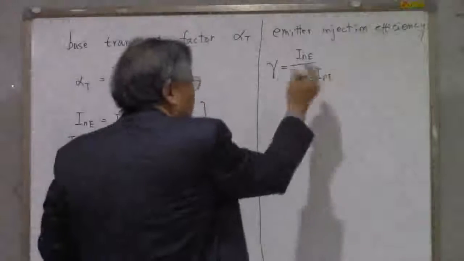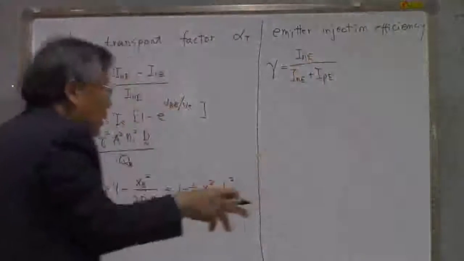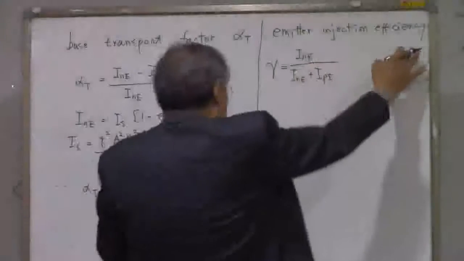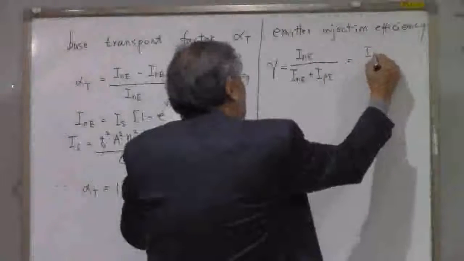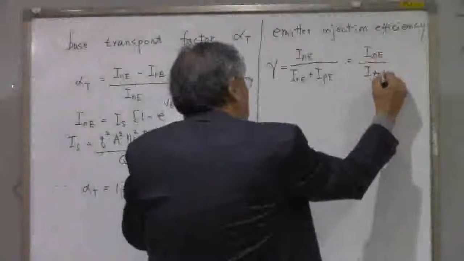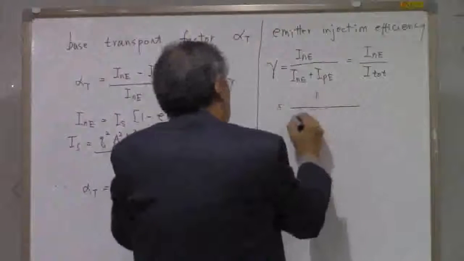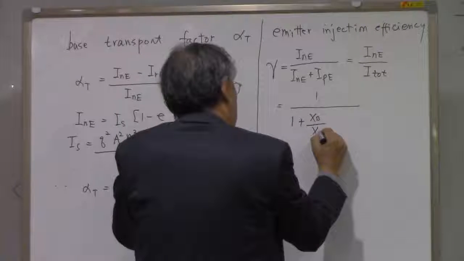So the ratio of electron injection to the total, that is going to be the injection efficiency. That is INE over I total, and then that is going to be 1 plus XB over XE